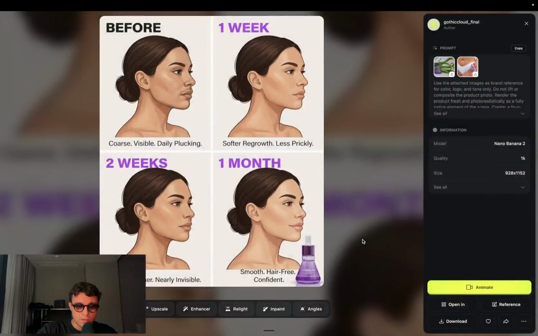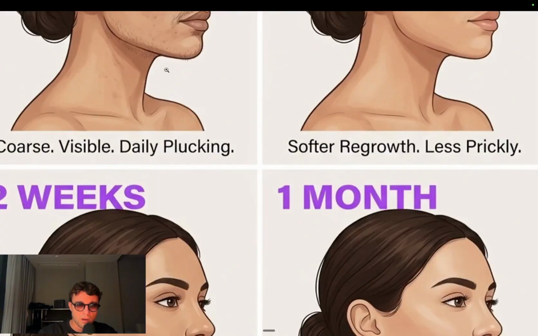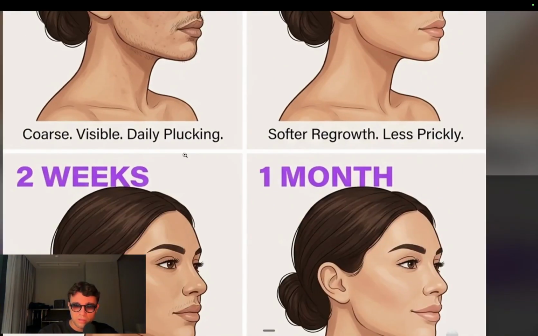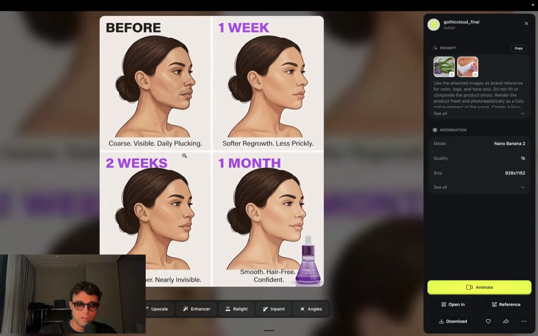Okay, so you can kind of see here. Maybe it's just hard to see on screen, but this is actually pretty good. Before: coarse, visible, daily plucking. Softer regrowth, less prickly, visibly thinner, nearly invisible, smooth, hair-free, confident. And then the image in there. For something like this, this would be the sort of image that I would have with a long form